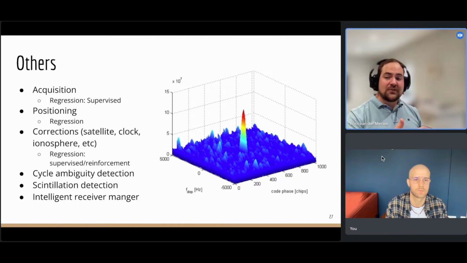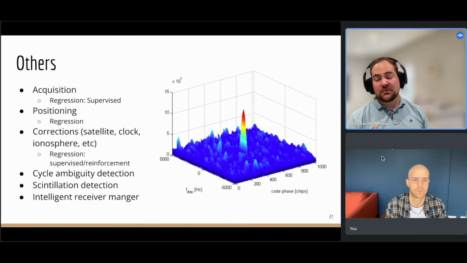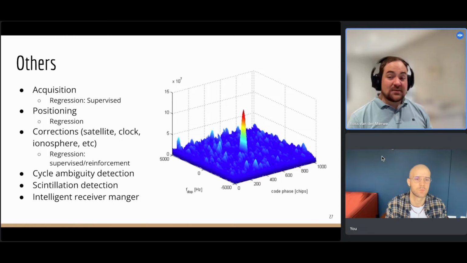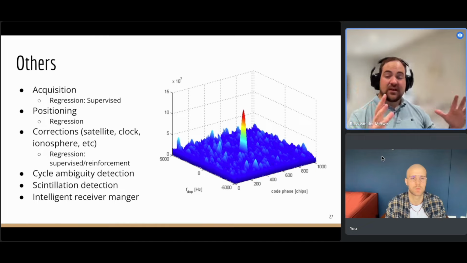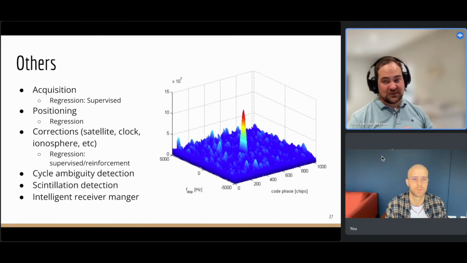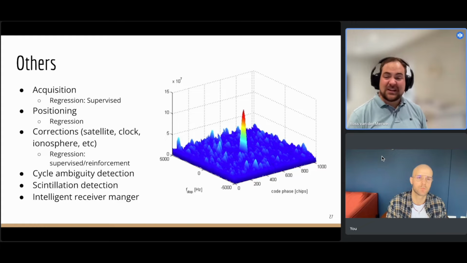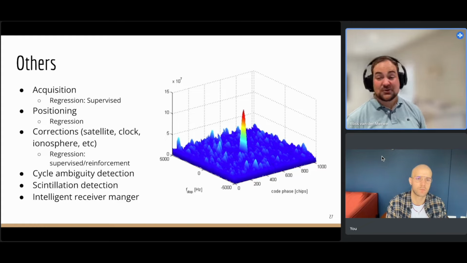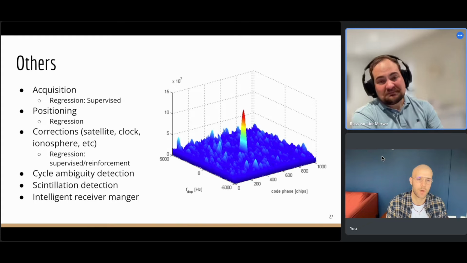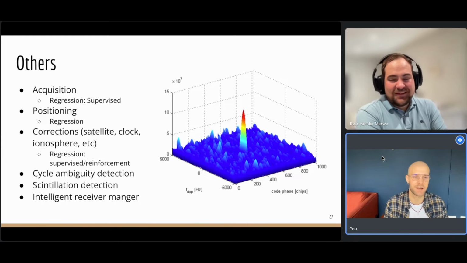And then one level further is if you're trying to do some PPP. So this is precise point positioning. And the idea is you're trying to estimate all these things. You put in some massive Kalman filter. You try to estimate your ionosphere, your troposphere, how wet or dry it is. Massive amount of estimation going in there. But the thing is, your PPP takes 20 to 40 minutes to converge, which is super long. If I can combine these two and have some ML algorithm that can tell my PPP to converge within 2 minutes instead of 20 to 40, I would go for something like that. Okay. So I think this is an open challenge at this point.